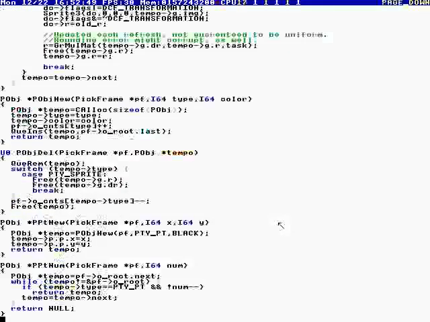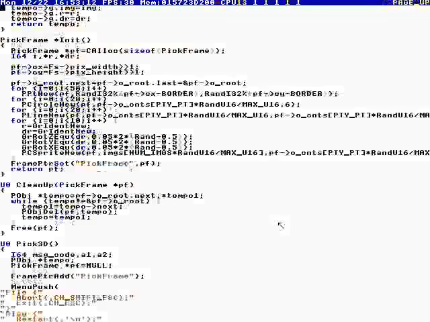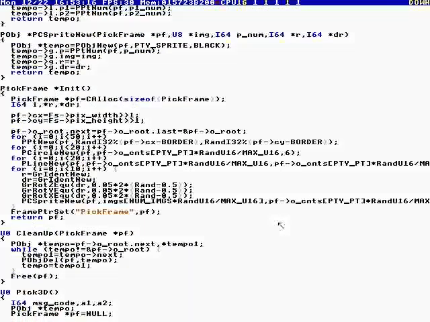So we have objects. The objects are in a circular queue, and it has a union of these: point, circle, line, sprite. When we init, somewhere here it randomly picks one. Oh, no, it's a fixed limit. It does 50 points, 20 circles, 20 lines, and